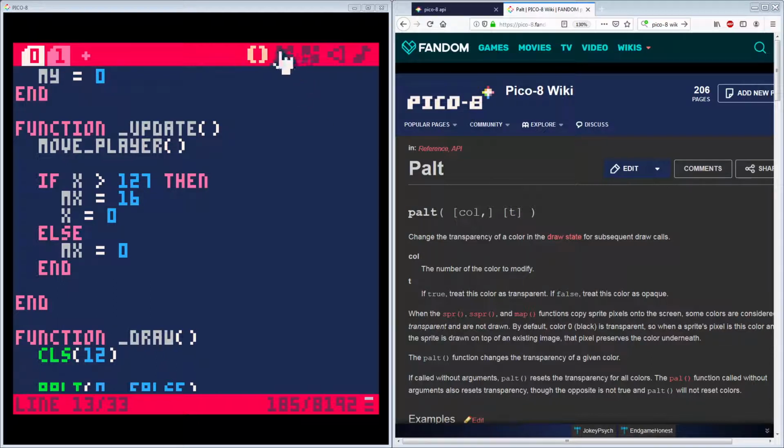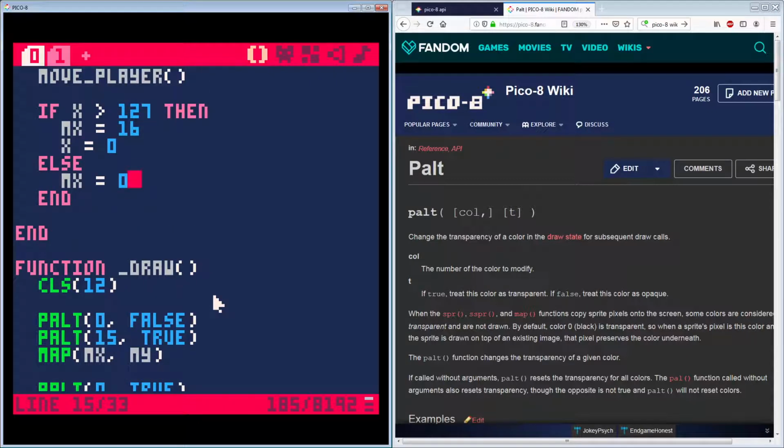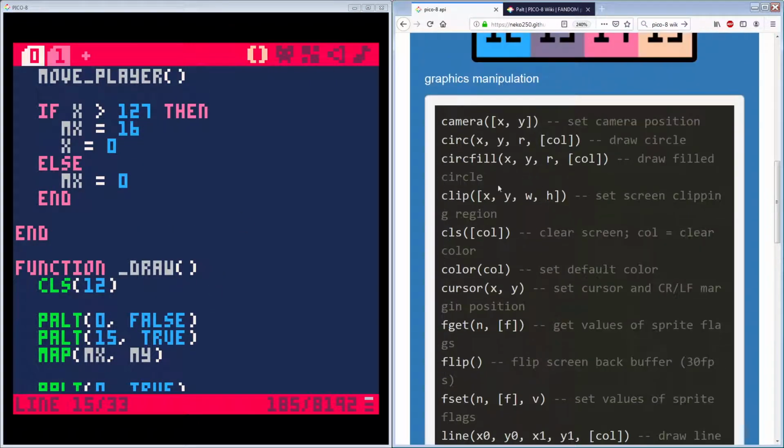I think what we're going to do is, because we're at about 30 minutes for this video, and I don't want to have these go too long, we're going to get into this in the next video, and what we're going to do is called moving the map with the camera. We're going to use a function here called camera, which sets a camera position. That's going to help solve a lot of these problems for us. So see you in the next